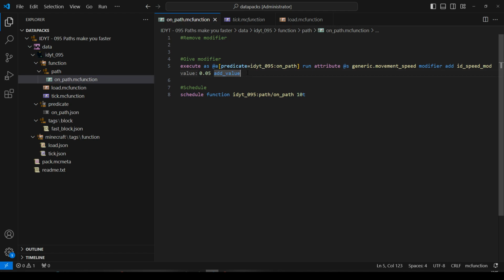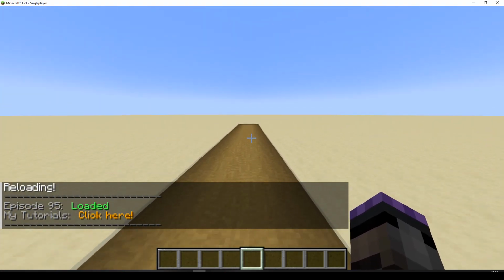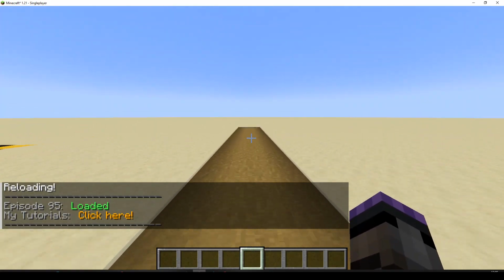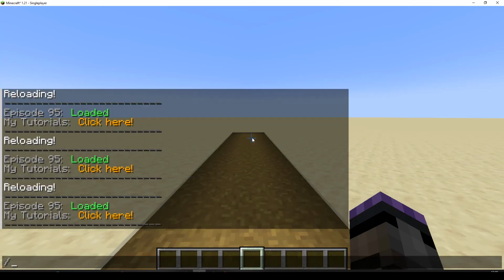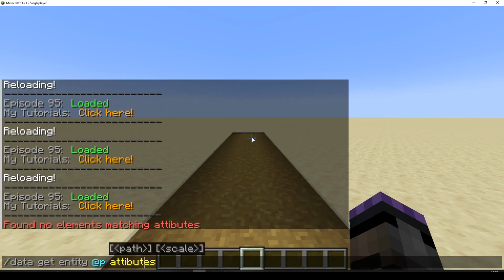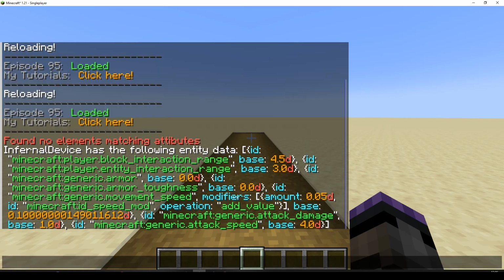Okay, so we'll go on the path. In fact, we can test it. Let's do a reload. We'll go on the path. We'll get the speed, which is cool. You'll notice we don't have the icon here now because we're doing attributes. In fact, we can do data get entity at p attributes. Well, we can if we spell it correctly. Attributes, and we can see movement speed has a modifier on it, and we can see it's got an amount, and it's got an ID of minecraft:speed_mod. Okay,